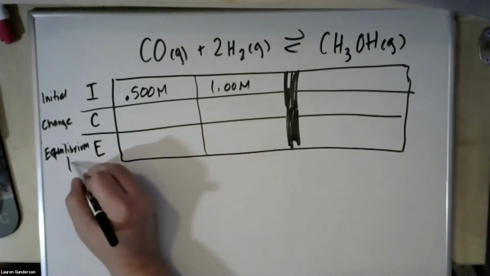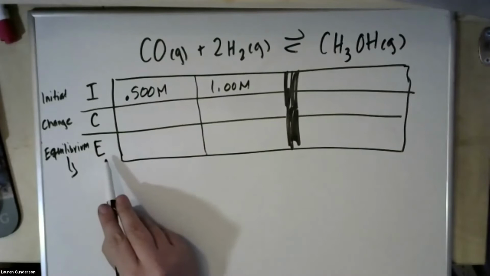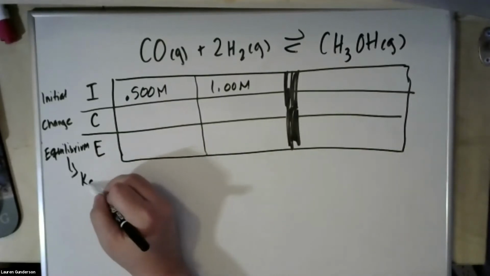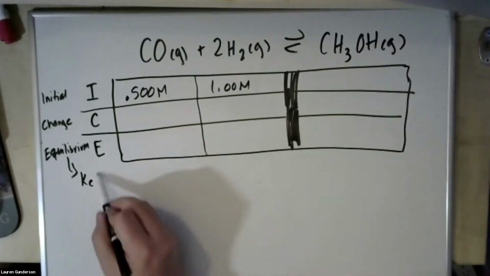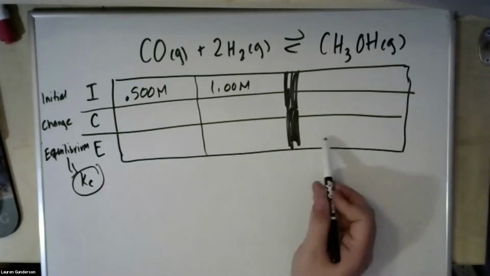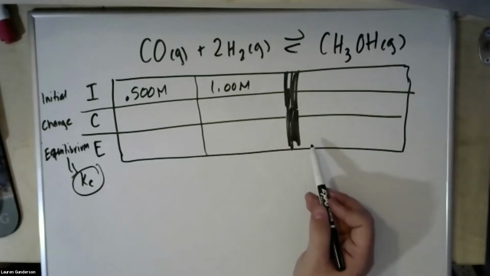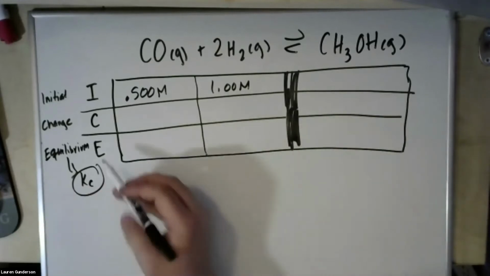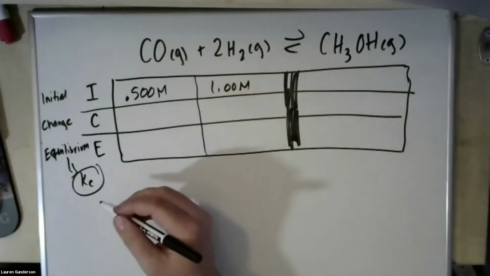You are trying to find the equilibrium value for each of these things because these are the values that you have to use in order to calculate Kc. Kc can only be calculated from equilibrium values. So they tell us that at equilibrium, the CO concentration is found to be